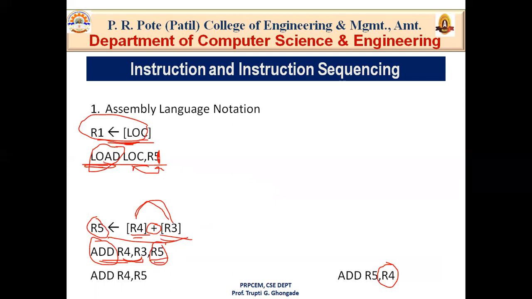In the next lecture, we will see how to execute different types of instructions like straight line sequencing, branching, and different instruction formats. There are different instruction types which we use in assembly language programming, so we will study them in later classes.